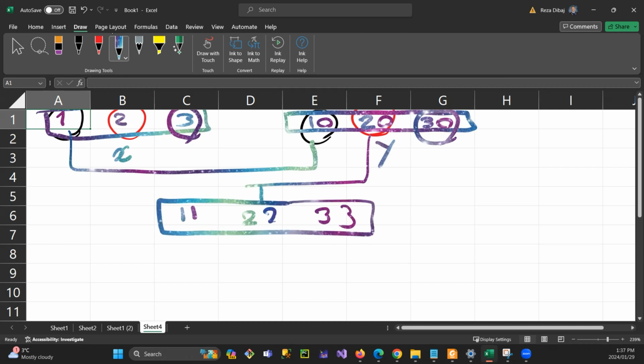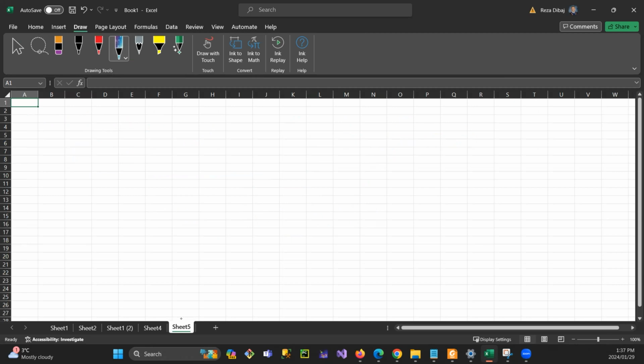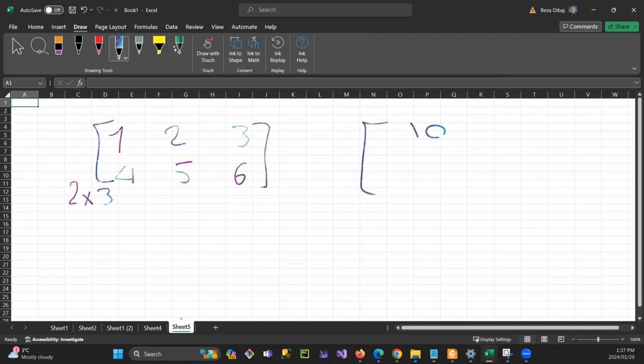There is no problem for such cases, but what if you have something like 1, 2, 3, 4, 5, 6. In here, how many rows do we have? 2. How many columns do we have? 3. And you want to add such a thing to 10, 20, 30, which now we know that it has just 1 row and 3 columns. The general rule is